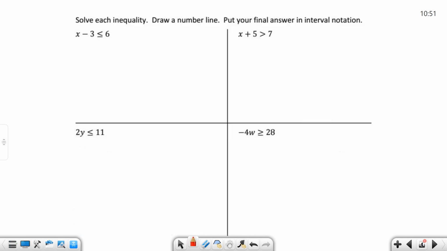All right, solve each inequality. Draw a number line. Put your final answer in interval notation. Okay, so solve the inequality. That's going to be the x or y or z or w, whatever is greater than 6 or less than 0 or greater than or equal to 1/2, whatever it happens to be. Then the number line, we're going to draw it on that, and then we're going to put your final answer